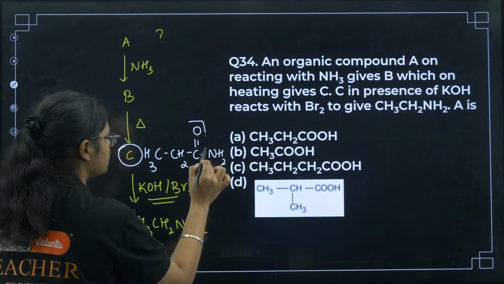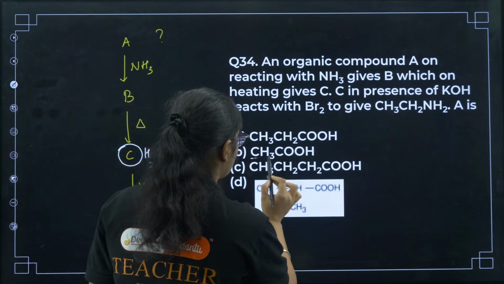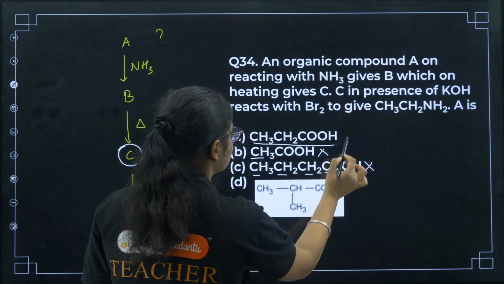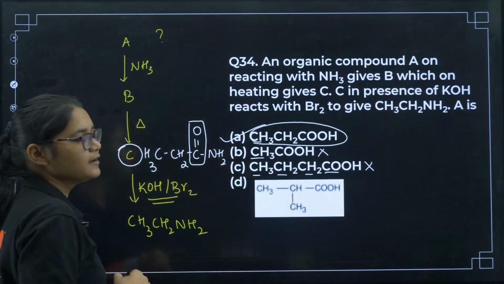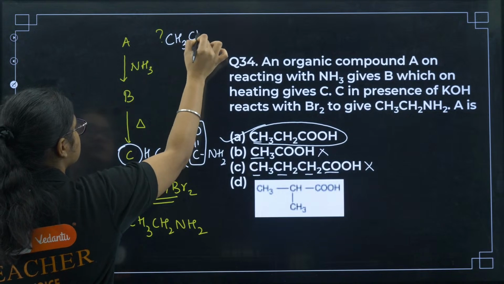So when you treat this one, this part will go. So we need at least 3 carbon in the product. So here we have only 1 carbon, 1, 2, 3, 4. Here 4 carbon, here 1 carbon, here 3 carbon is there. So A is the correct answer. So if I just draw the product, it has to be CH3, CH2,